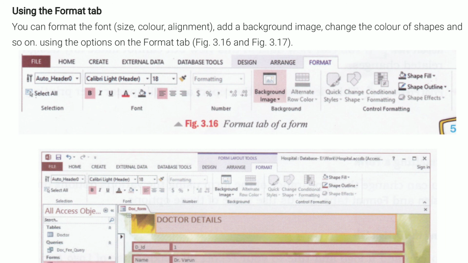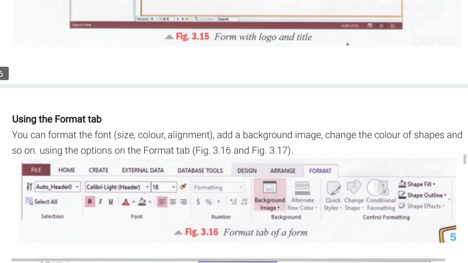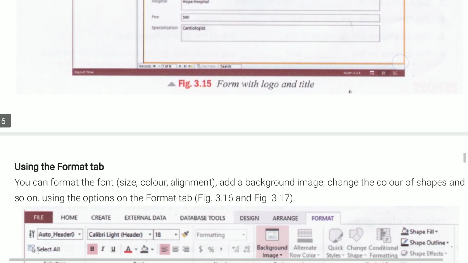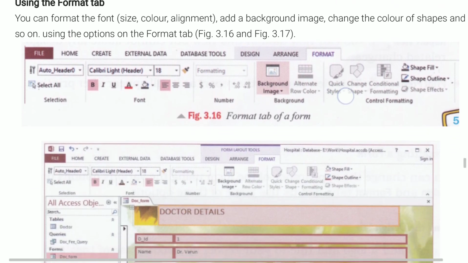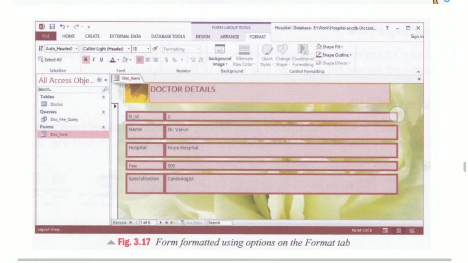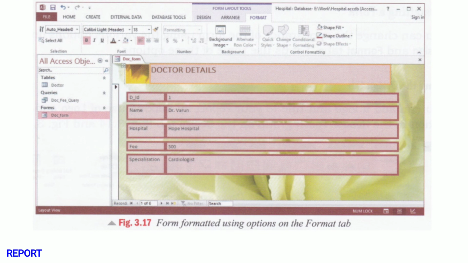You can see in the previous picture, this was the form, and after using the format tab, there are some changes that have been made. In this, the background picture has been changed, and some colors have been changed to make the form more attractive. This was creating a form